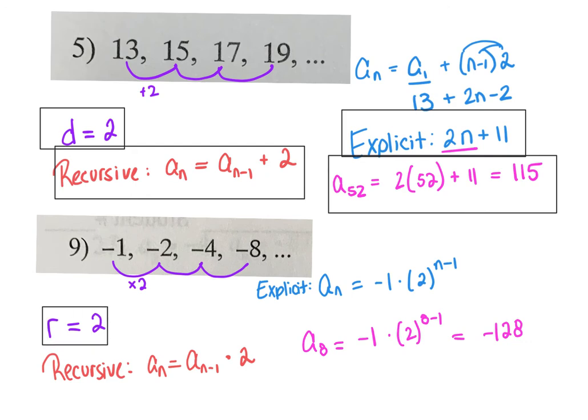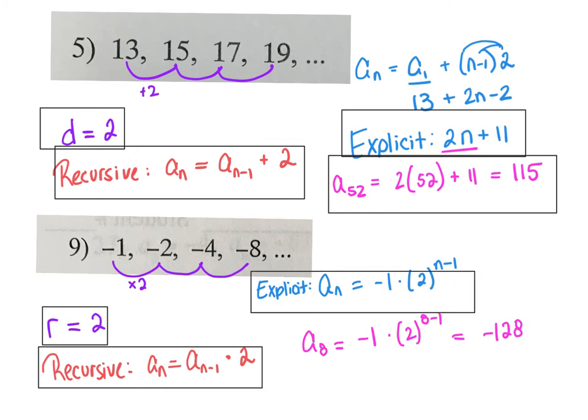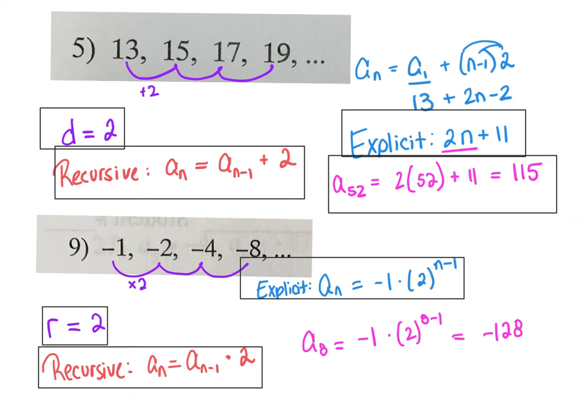So 4 answers for this one as well. Your common ratio, your recursive formula, your explicit one here, and then your 8th term. So like to do the arithmetic, you just find the average. For these, you would have to say like my 3rd term should be my 1st term times r to the